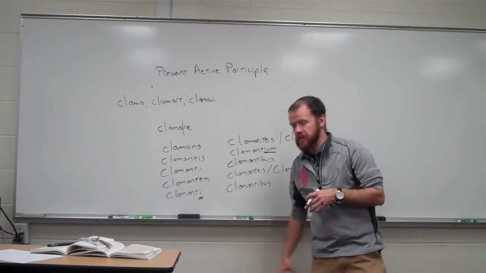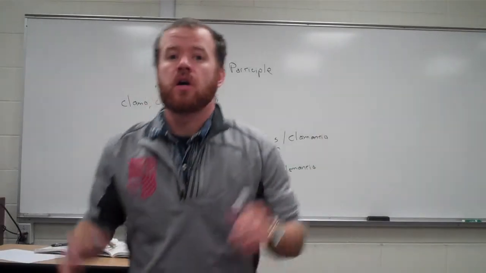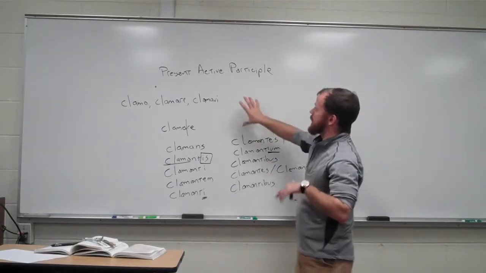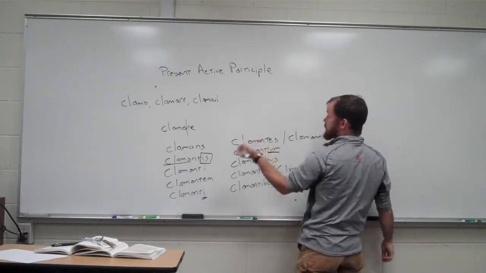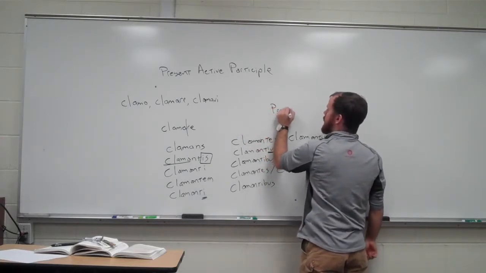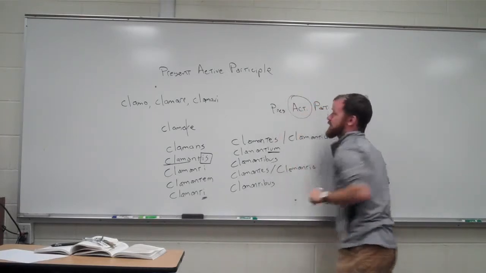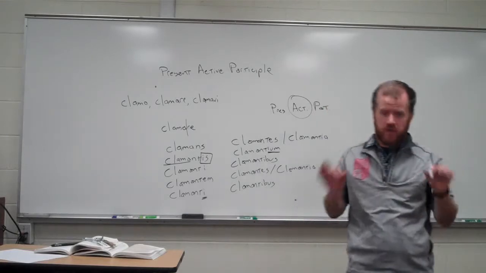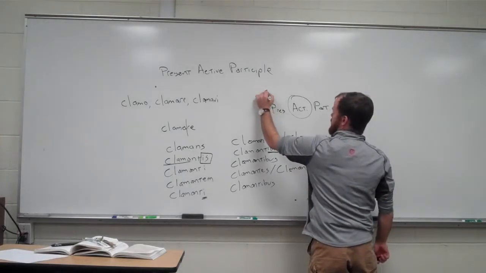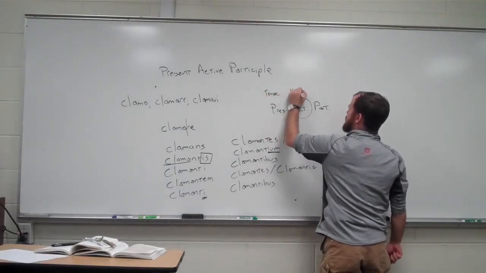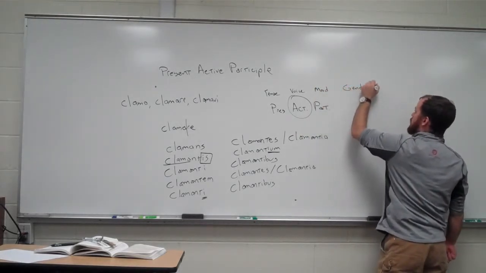All right? Now, if we were to look at this, we see that it's a verbal adjective, so it's declining like a third declension adjective. It has to agree with the noun it modifies in three things: gender, number, and case. So when looking at a present active participle, we can tell 6 different things about it. We can tell that it is a present active participle. And it always has to be active. You can never have a present passive participle. It's always a present active participle. So you can tell those three things: the tense, the voice, and the mood. And then you can also tell the gender, the number,